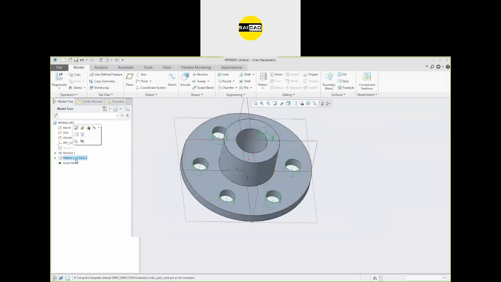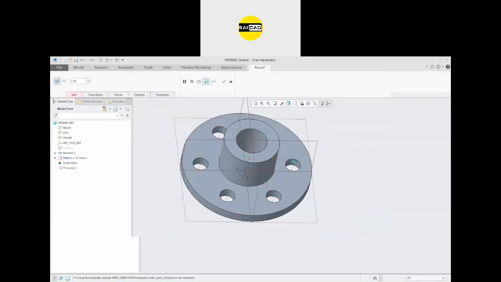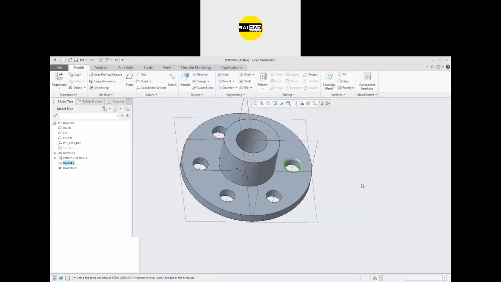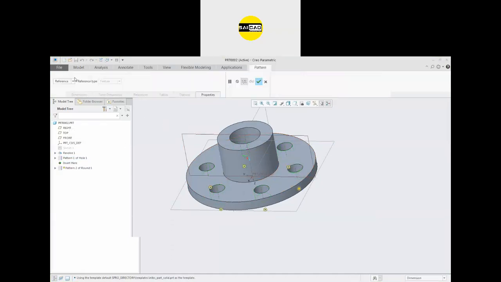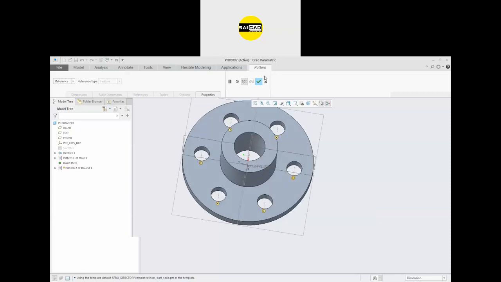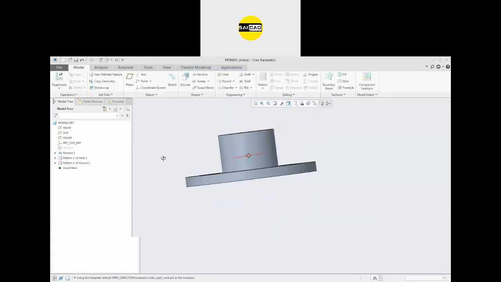If you have any pattern and if you apply any new feature like you apply a fillet on a pattern or on a feature, now you can apply this fillet on every feature you have created with the help of pattern. So go to select the round, go to the pattern, and now you can see it will by default select only the reference, so every other feature option will be disabled. Only select the reference type. Okay, and if you click OK, all the features will be applied.